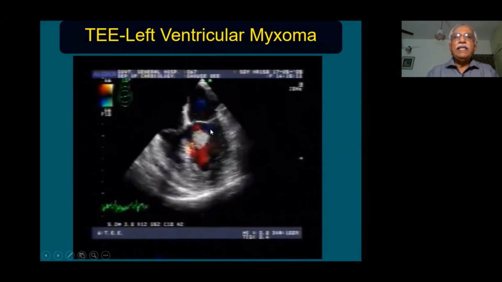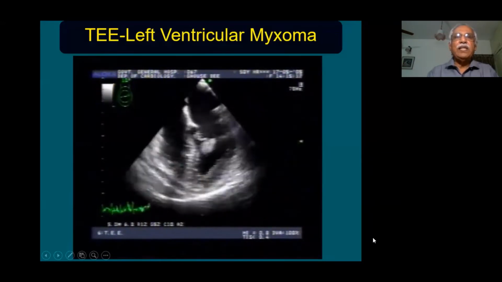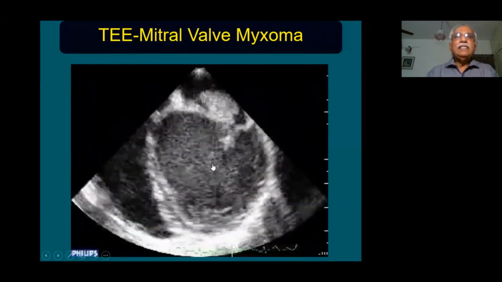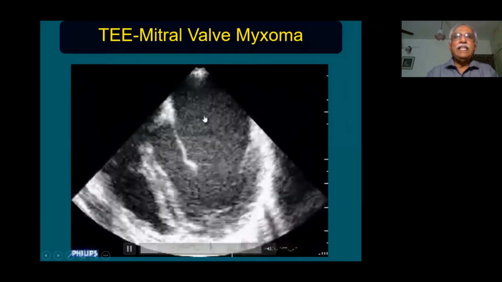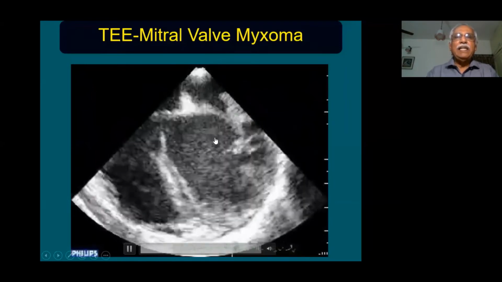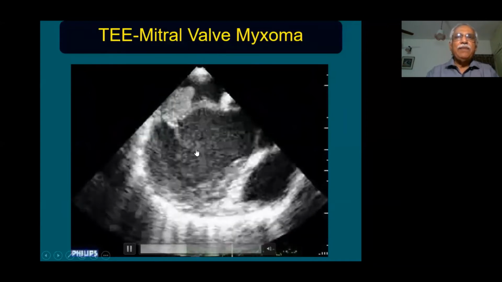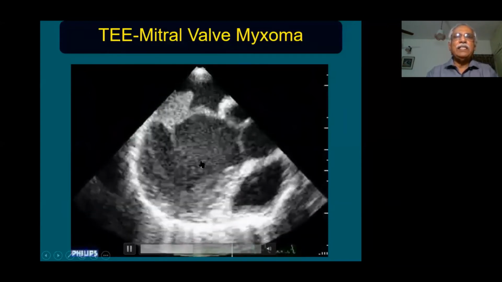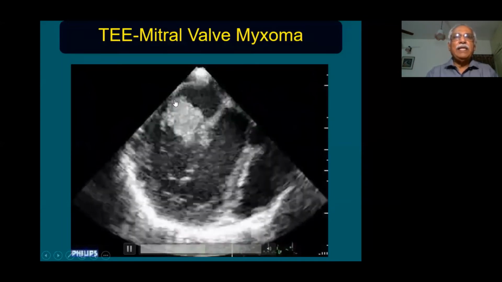There is no evidence of mitral regurgitation, and no evidence of aortic valve involvement due to the left ventricular mass. This is another mass which is being tossed up. You can see it is present inside the left atrium. It is getting tossed up by the anterior mitral leaflet. Each time it tries to come through the mitral orifice, the anterior mitral leaflet hits it again and pushes it into the left atrium. The mass is attached to the base of the posterior mitral leaflet.